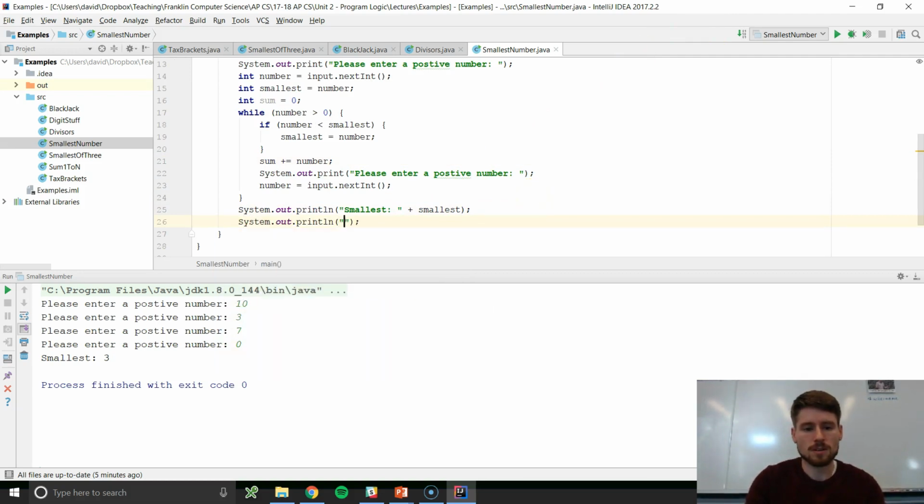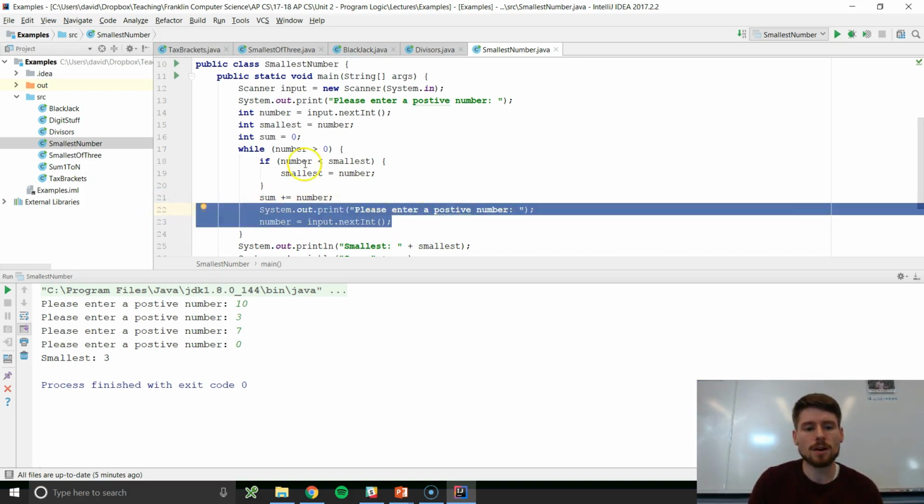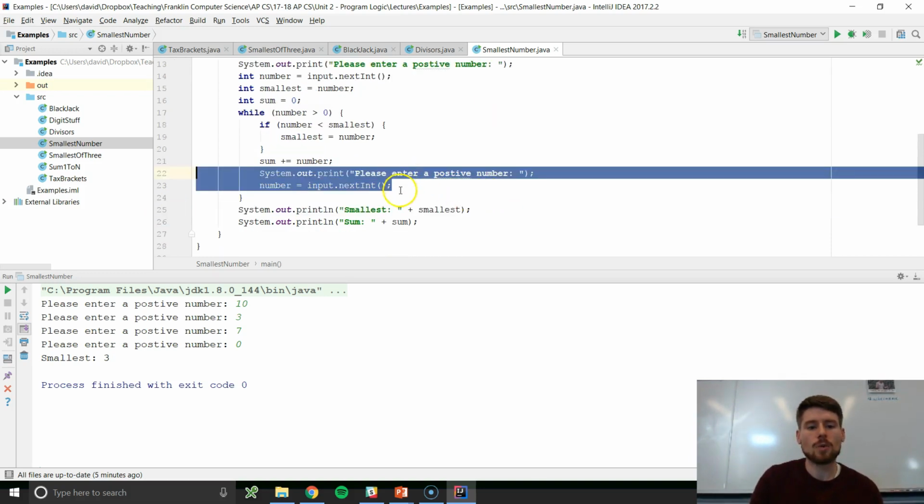That's our sum plus sum. So everything else is effectively staying the same. We get a number, we start our sum off at 0. While that number is positive, we add it to the sum, and then we get another number from the user. So this gets the next number. If it's positive, we add it to the sum, we get the next number, and we quit once they enter